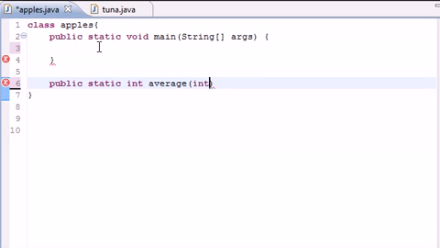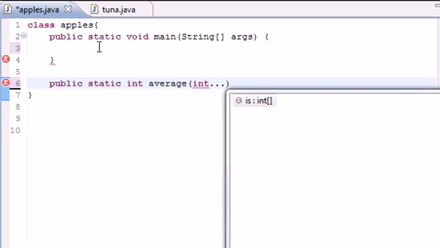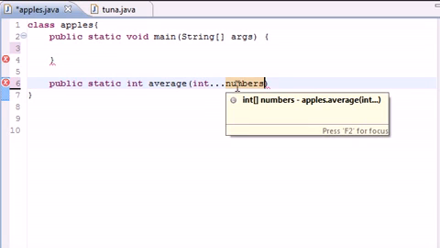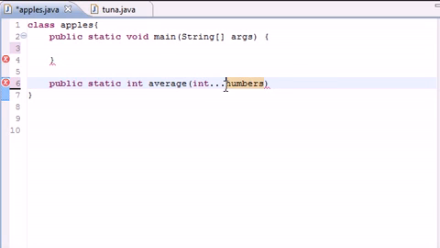Now go ahead, and it's going to take an argument of integers, but you don't know how many. So anytime you don't know how many, what you do is put an ellipsis, and that's 3 dots, and then put the name of the variable you want to use. And instead of putting int x, int y, int z, you just put 3 dots, and what 3 dots means is, alright, I'm going to be throwing numbers in here, but I don't know if I'm going to be throwing 2 numbers, 5 numbers, or 500 numbers. So dot dot dot means just do